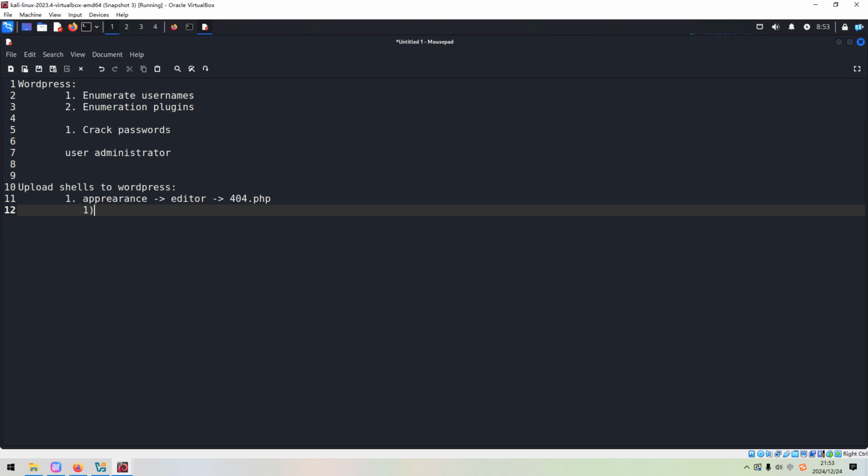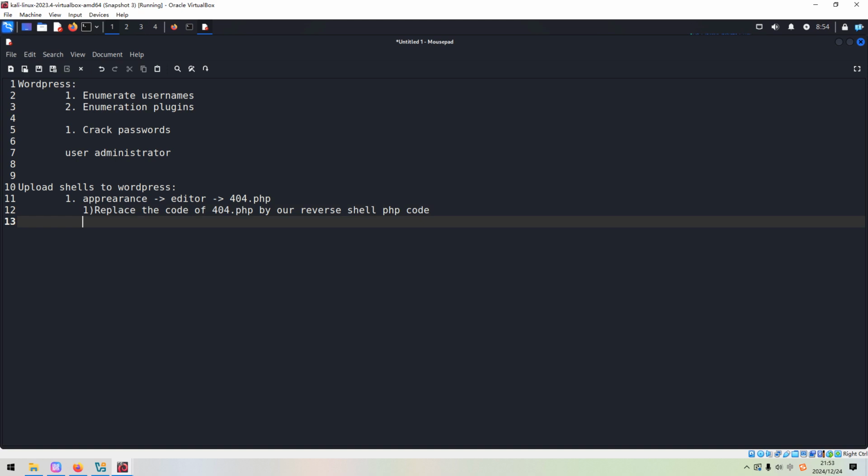Very important, we can replace the code of 404 with our reverse shell PHP code. You can get it from a website like PentestMonkey. And then, of course, you can access this file to get a shell or to get a foothold on the target.